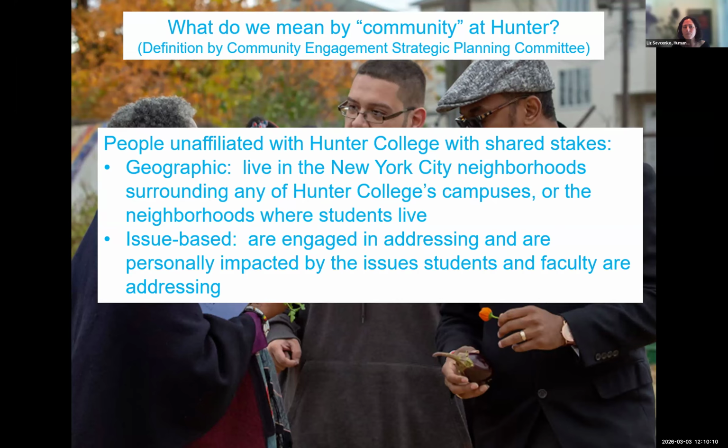Those shared stakes can come from where they live, because they live in the neighborhoods that Hunter campuses are in, or in neighborhoods that students also come from and live in, where the students' families and communities are, or the shared stakes can be around issues, that there are people who are impacted by the same issues that faculty and students are impacted by, and are engaged in addressing these shared concerns.